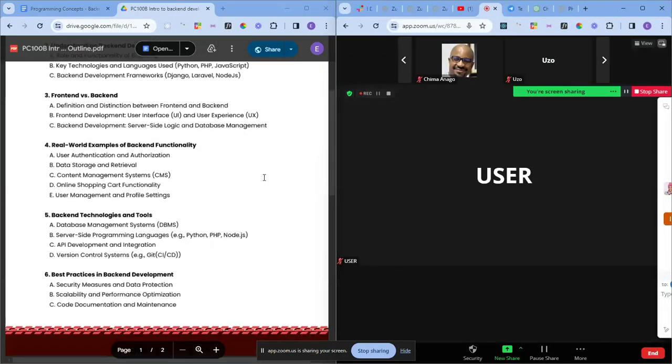So the other real life example is content management system. When we say content management system, a real life example: you've heard of WordPress now, right? When we say content management system, they give us the ability to